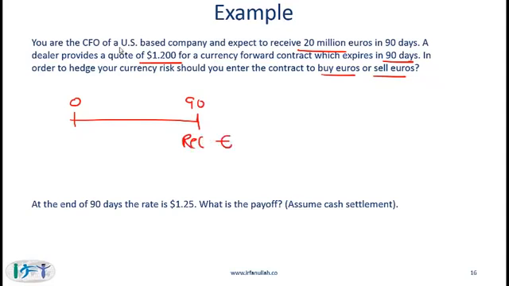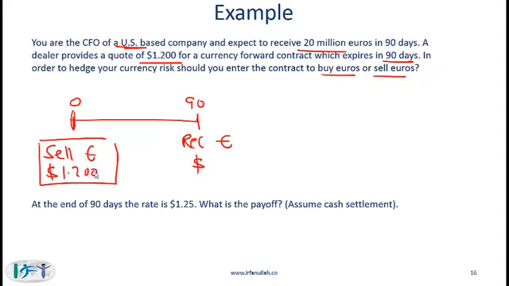Since you are a US company, you will be reporting your numbers in dollars. So you want predictability in terms of how many dollars you will get. So on day zero, what you will probably do is get into an agreement where you are selling euro at a given price. Here that price is